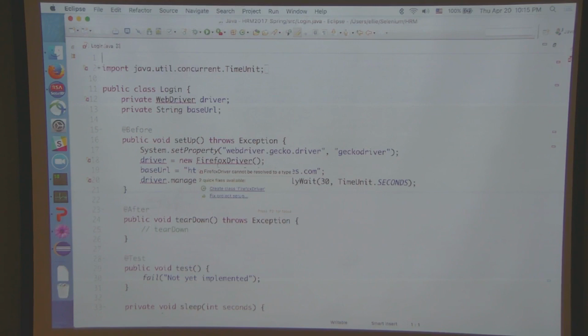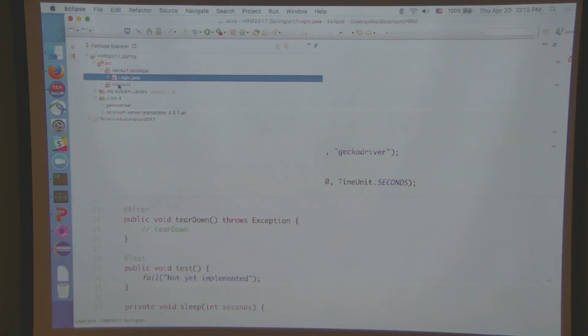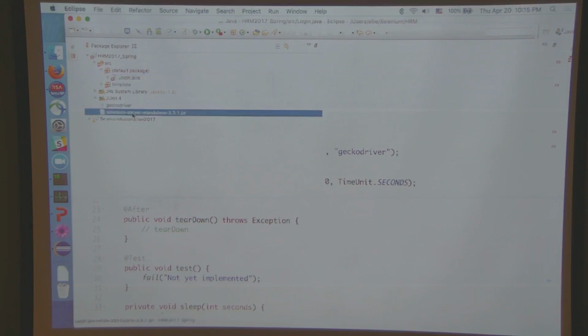Did we download it? We downloaded the Selenium standalone server, right? It's inside our project. But just like for Gecko driver, we needed to specify where it is. For our WebDriver, we also need to specify where it is to our project. And it's very easy to do. Some people already know how to do it. They've done it. That's why I've been answering questions about it. But if you go and you open your Package Explorer and you find your jar, go ahead and select your jar. So remember, we dropped it right in.